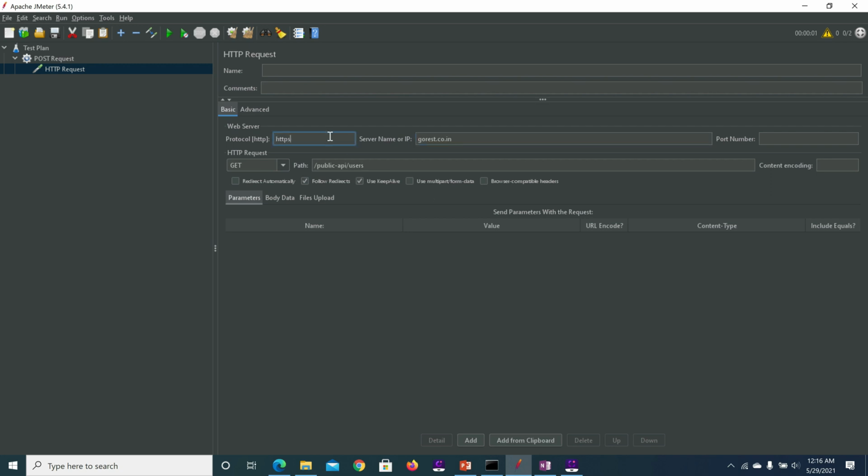Protocol type is HTTPS and method is post. Name of this request is post method in GoRest site.